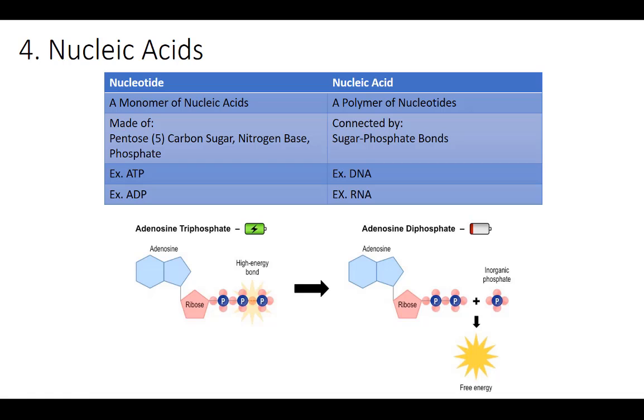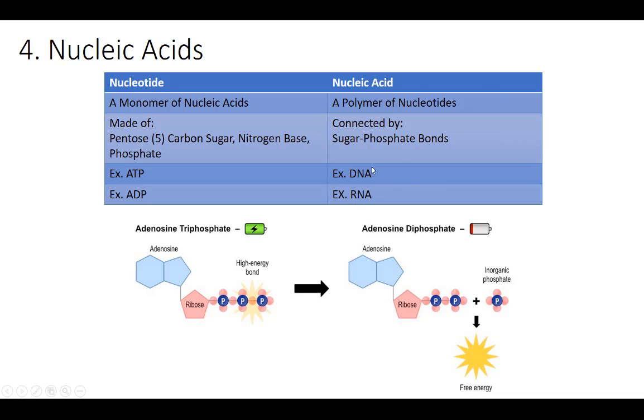So talking about nucleic acids, a nucleic acid is the polymer, and it's made up of small pieces called nucleotides. These are the monomers. So what makes up a nucleotide? Well, this is going to be some type of sugar, some type of base, and a phosphate. So sugar, phosphate, base. That may sound familiar from high school. Sugar, phosphate, base, that's what a nucleotide is made up of, and we know that that's part of DNA and